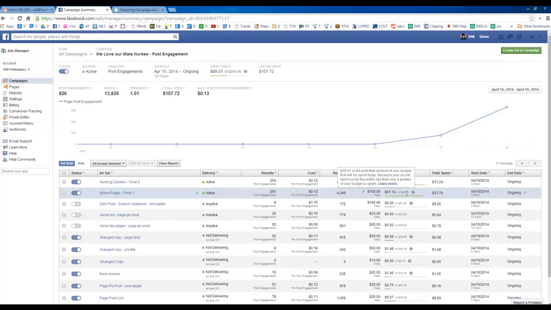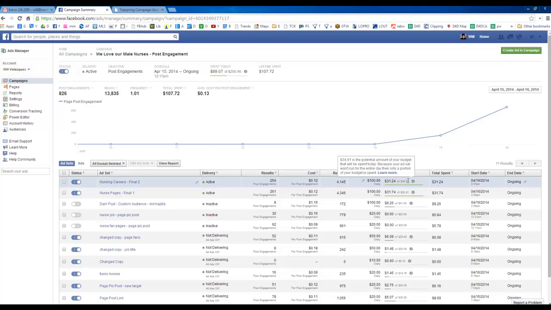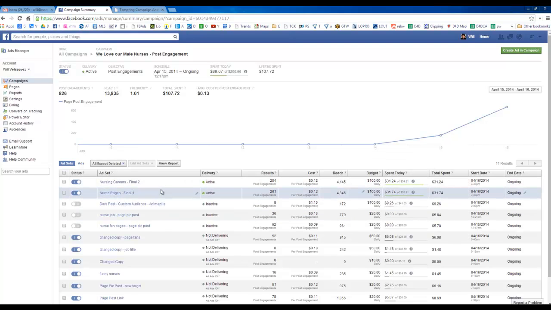So basically, I increased it to about $100, and it said because of the time of day it was only going to, of that 100, use $35 for the rest of the day on this one, $35.41, and $34.91 on this one here. Anyway, so you can see it's basically used up since we started these two about 6, 7 hours ago. Maybe 6 hours ago. I don't even know if it's been that long. $31 so far, and $31. Right now it's about 11:08 p.m. my time. So these budgets are just about used up for the day. Got quite a bit of activity.